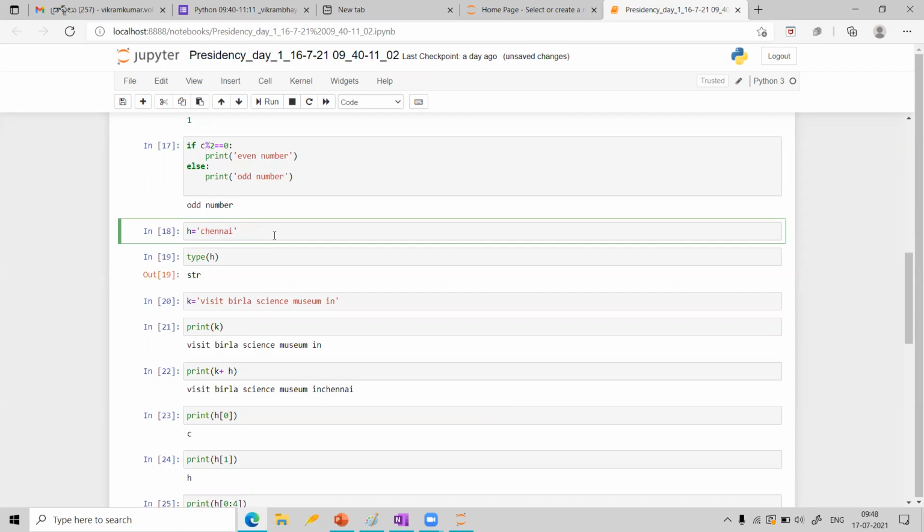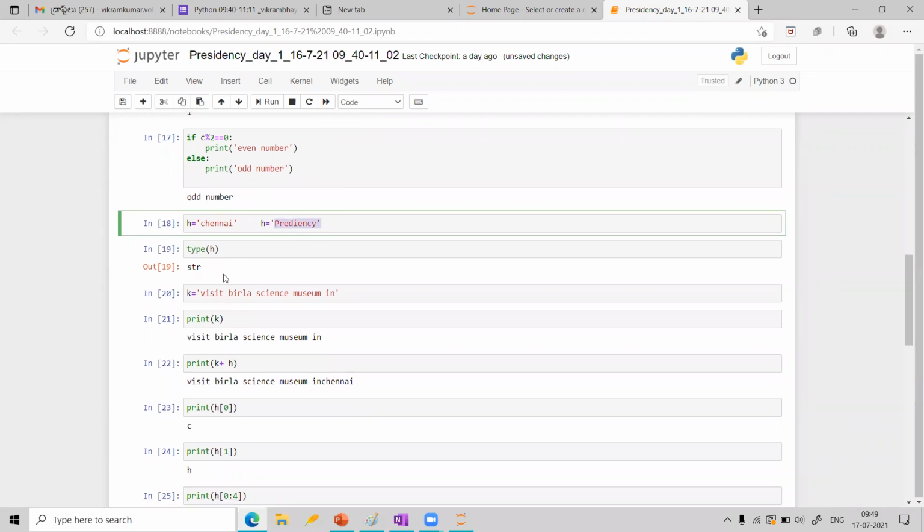Suppose I write h is equal to presidency. When I write like this within the quotes, that is treated as a string. So you can check that using the type command.